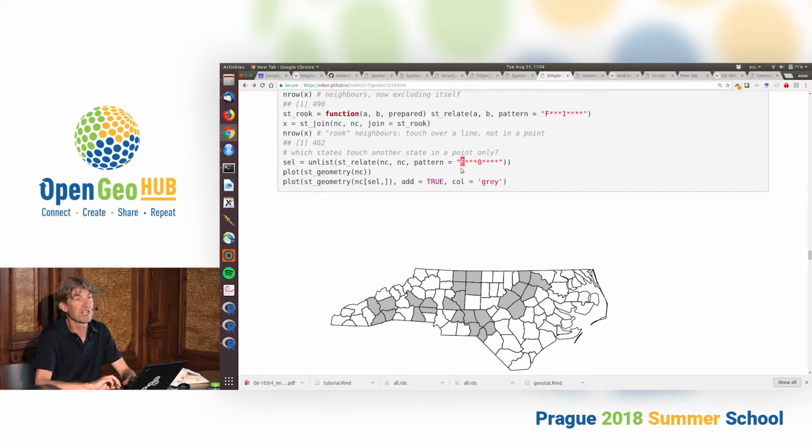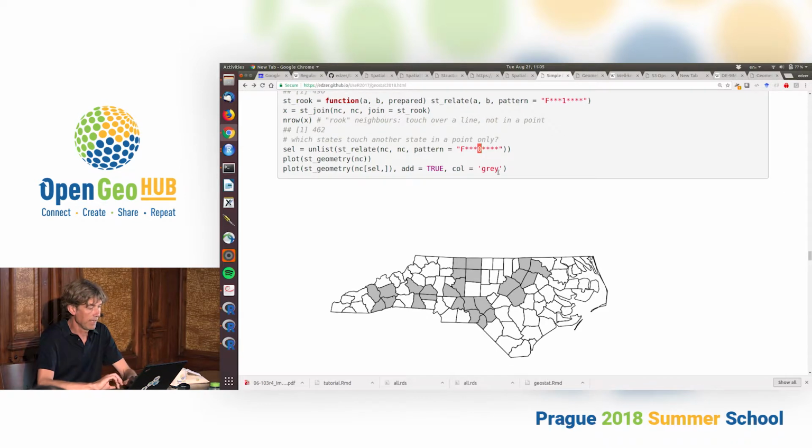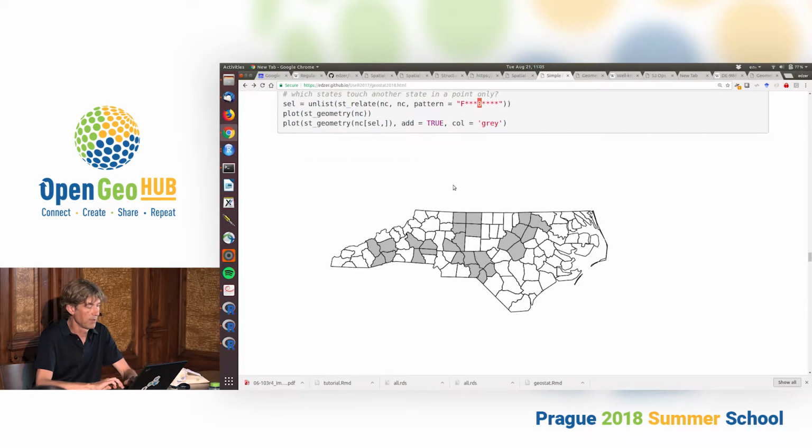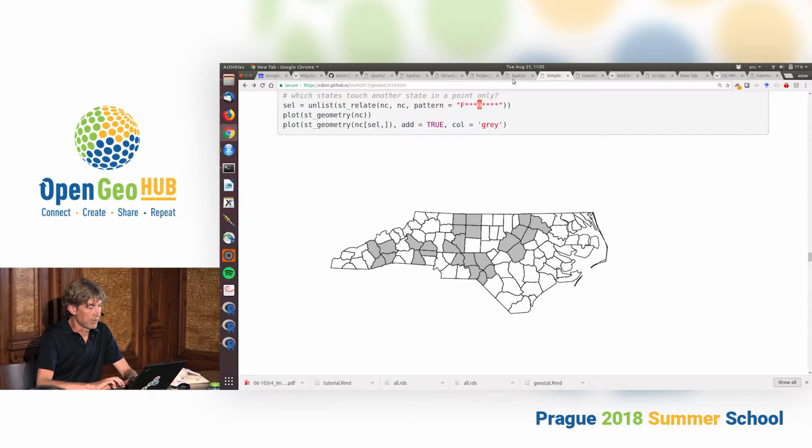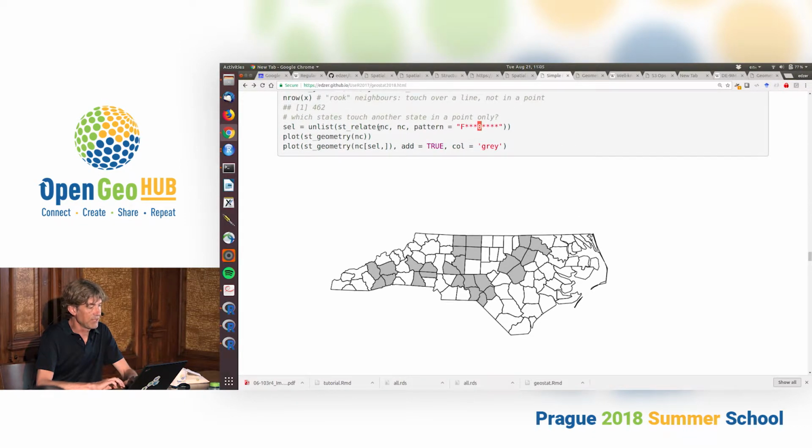So here we exclude the self-intersections, because we offer the set of geometries twice. We don't want the self-intersections, and we want the cases where the boundaries only touch in a point. And then we get some duplicates because some of the states do this twice, like this state does it with this state and does it with this state. So that will end up twice in the list, but it doesn't matter if I only plot it. So that was the second question on how does this ST relate